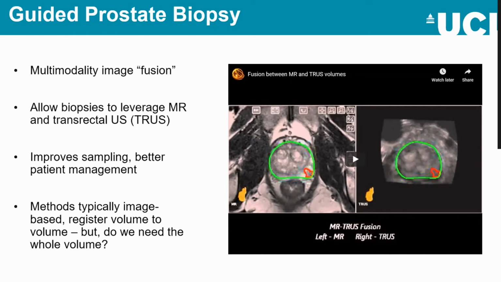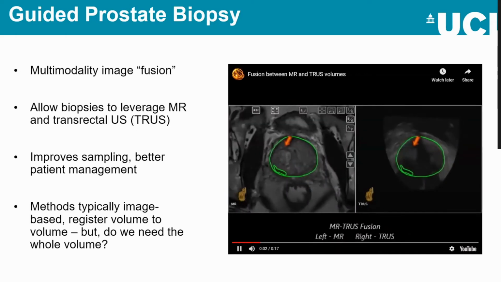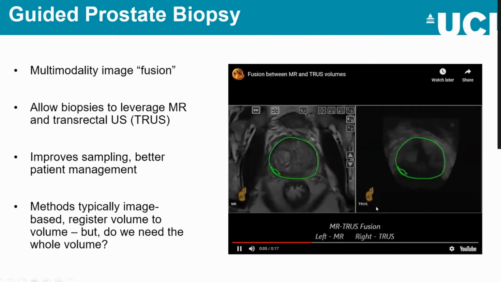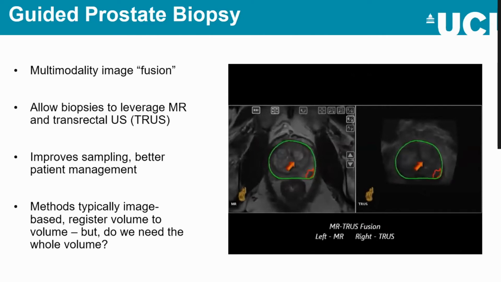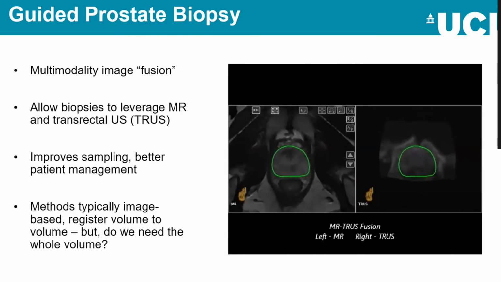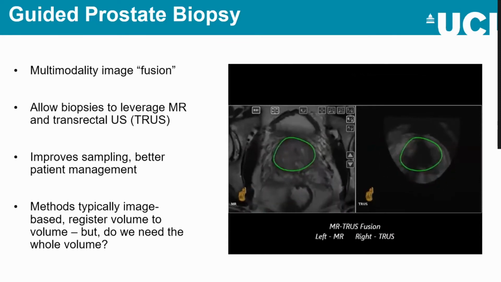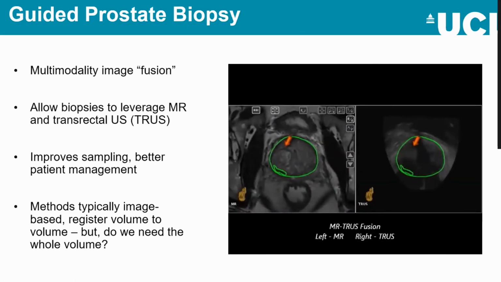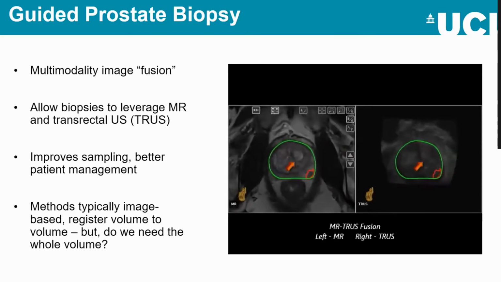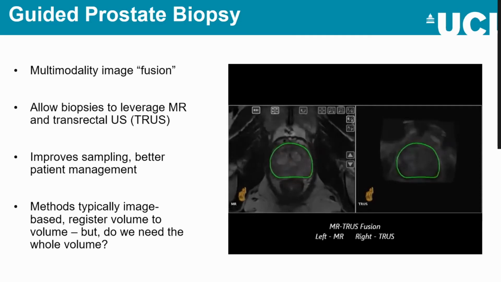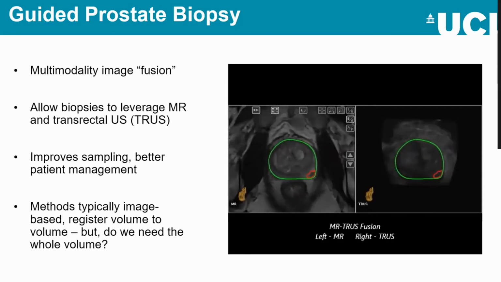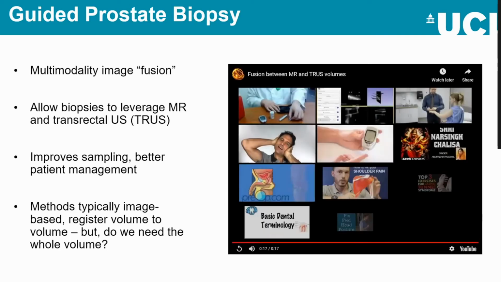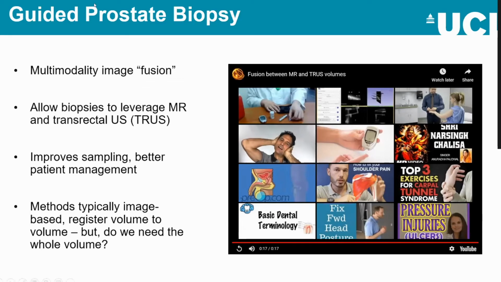I'm just going to play this video, which is not mine, but I found on YouTube, and it seems to be quite helpful in explaining the topic. It seems to be a little bit choppy, but you can get the idea there. So with this kind of imaging, we can use the ultrasound registered to the MRI, so that the clinician can use the ultrasound to view where they are in the patient, but use the MRI to get better imaging quality and identify the lesions with hopefully a little bit more ease. Doing prostate biopsies in this way has actually been shown to improve sampling and improve patient management, so that we're seeing fewer unnecessary surgeries, and people are being actively surveilled if their cancers are not too high grade. Often these kinds of